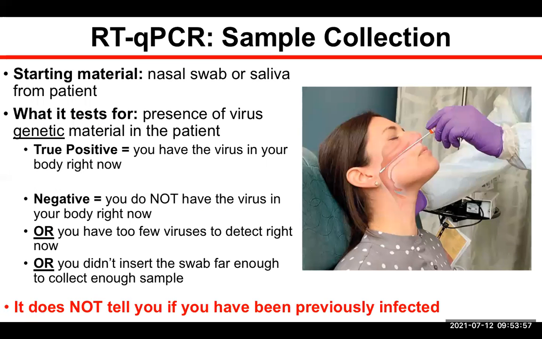All right, so with a qPCR, basically the starting material is going to be a nasal swab or trying to get some of the saliva from the patient. So again, remember, the virus infects the respiratory system of people. And so there's going to be productive virus all throughout, mainly the lungs. But as you're coughing up and stuff, there's going to be virus all throughout, like the esophagus and mouth and nose area. And so what technicians will do is end up swabbing these regions to see if there's any virus